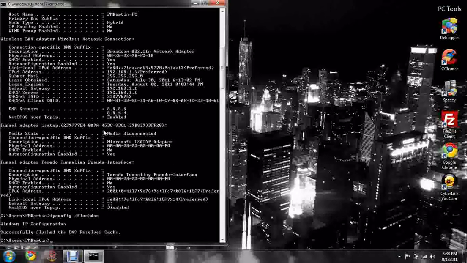You can see that immediately a little message has come up that says successfully flushed the DNS resolver cache. This means that all the notes to how my computer got to the internet have been deleted and will now look to repopulate that list or get new information